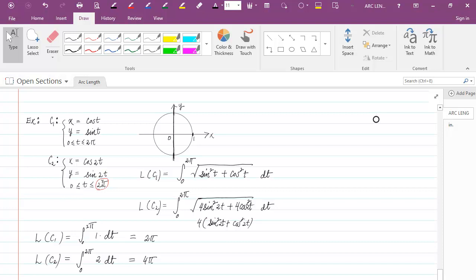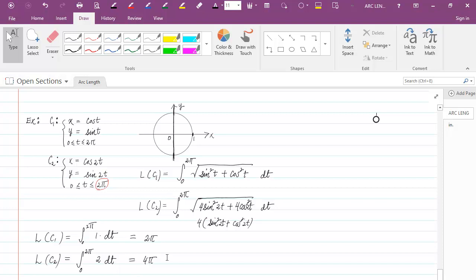So dy/dt here is 2 cosine 2t. If I square that, I get 4 cosine squared of 2t. And now here, if I factor out the 4, then I get sine squared of 2t plus cosine squared of 2t, which is just 1. So here I simply get the square root of 4, which is 2. So then the length of C2 would be the integral from 0 to 2 pi of 2 dt,